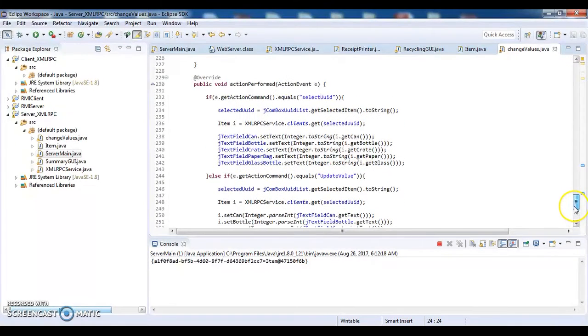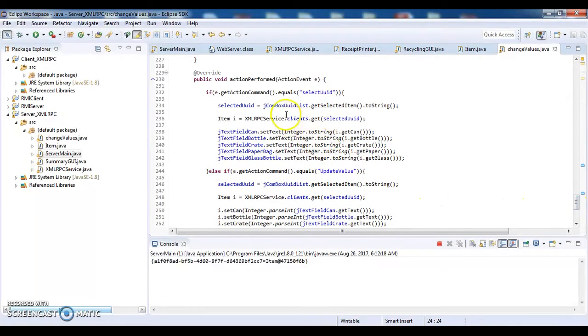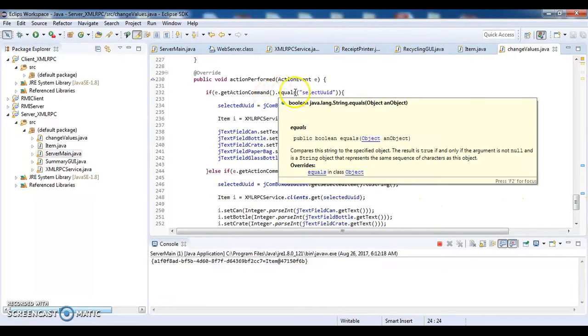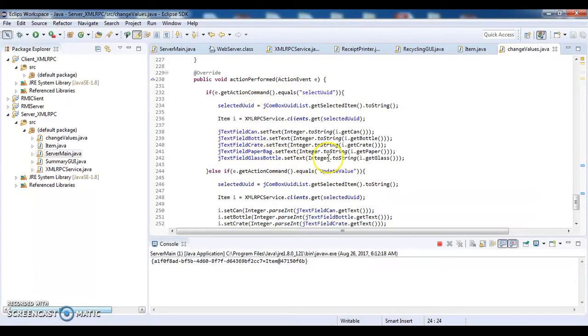In this combo box we are getting the particular UUID, so it will show the previous item values. Then after we type the new item values,